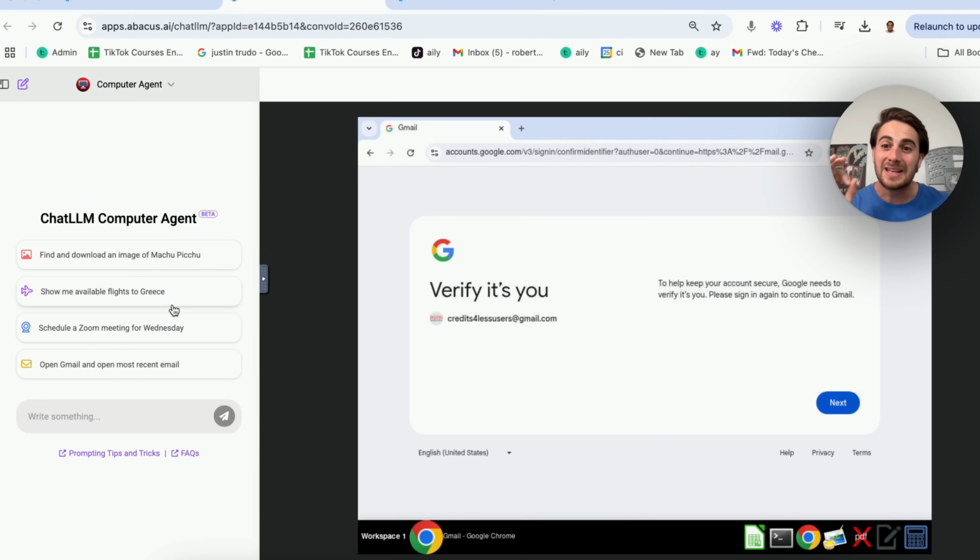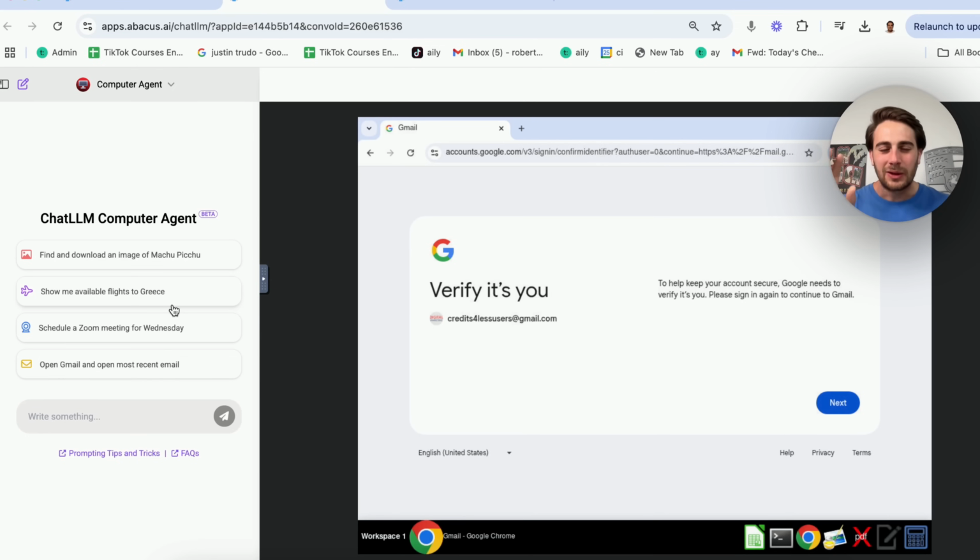The third use case is going to be managing your calendar. Again, like I showed you earlier, you could have this actually log into your Gmail, and it is incredibly helpful because it's going to be able to access your Gmail. Let's say that somebody wanted to cancel a meeting and reschedule it. You could literally just say to this tool, hey, please go ahead and reschedule my meeting with this person, and then please schedule the Zoom meeting for a new time. And what is this going to do? It's going to go ahead and email them. It is going to go ahead and look up a new time based on your calendar, and then it's going to go to Zoom, create that call. It'll link with your Gmail, and then it can actually email it to that